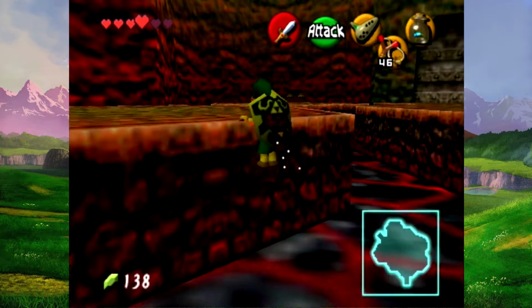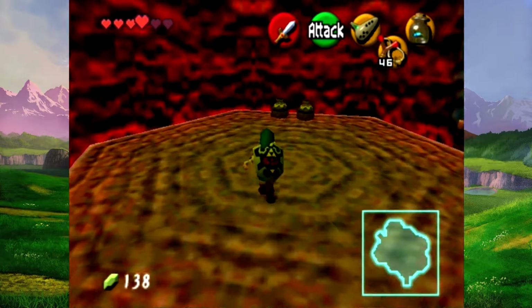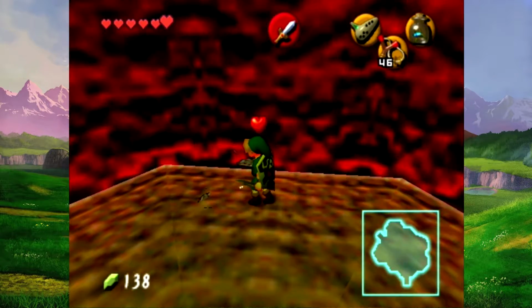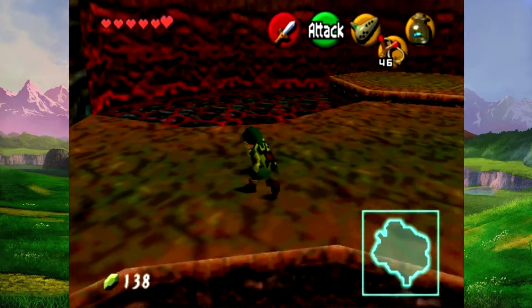Honestly, there's more of a threat of accidentally walking off the ledges into the lava pits, which is what I did in the middle of that cutscene. That's fun. But anyway,